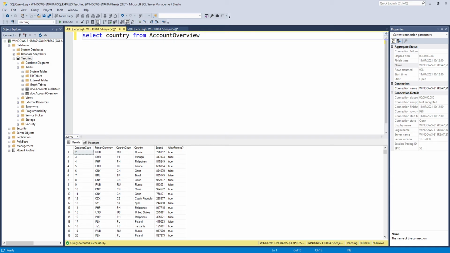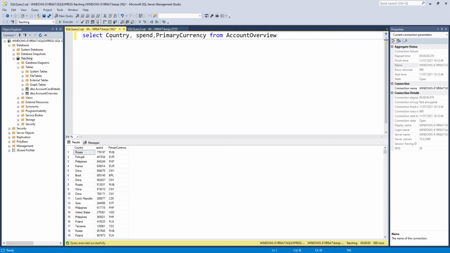Let's show them the country. We also want to show them the spend. And we should probably show them the primary currency as well. Okay, so let's bring that up. So straight away, we're already getting there. We're 3 columns deep, but the issue is here, you can see,